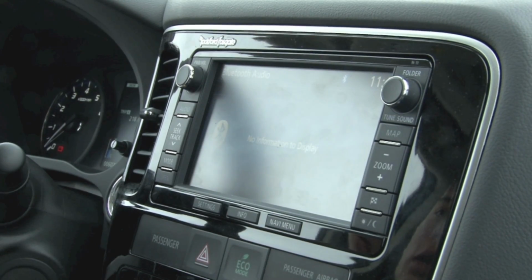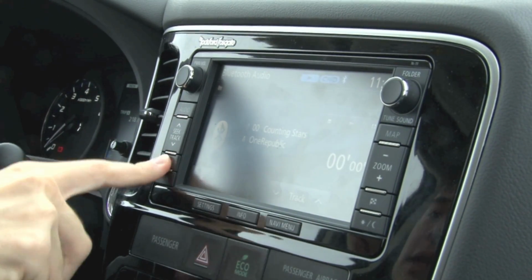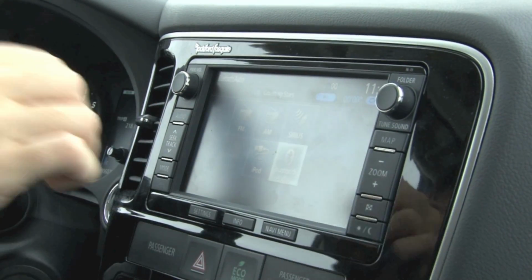We have our audio, which will display the information there when you're streaming a song. Then we have our mode button. We have our Sirius satellite radio, Bluetooth audio, USB input, AM and FM radio, which is equipped with HD. So it's the HD radio, which is very nice. So extra clear, extra crisp